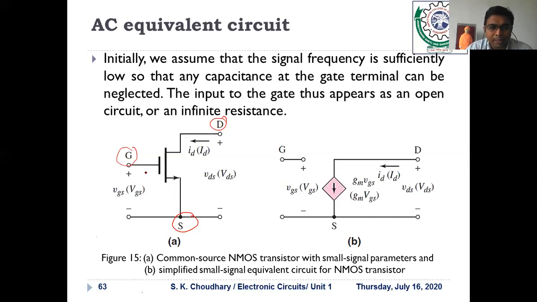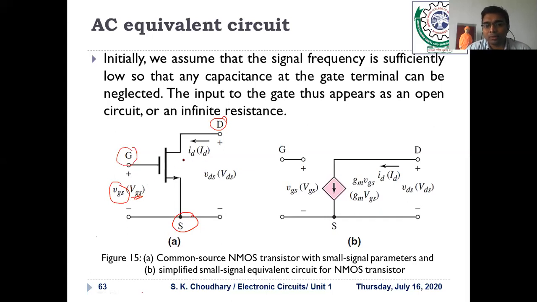And the voltage between the gate and source is a representation of the AC voltage, because we are learning about the impact of the AC signal on the transistor. This is the AC voltage, small v subscript gs, meaning AC gate to source voltage. That could also be represented in phasor representation, where you write capital V in italic letters with suffix gs. This is also a representation of an AC signal in phasor mode.